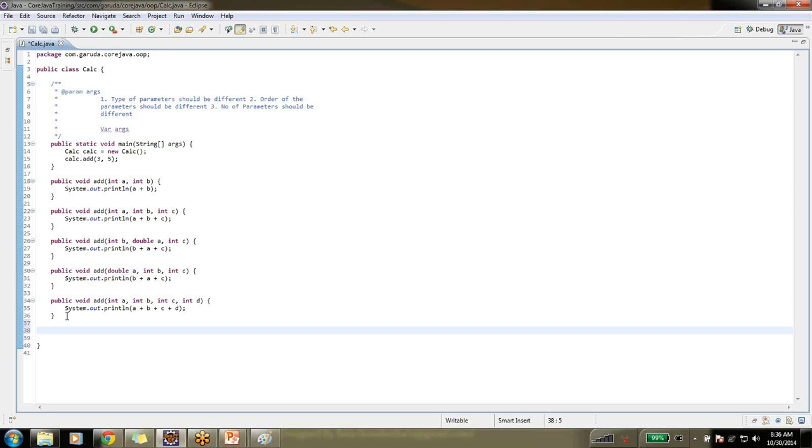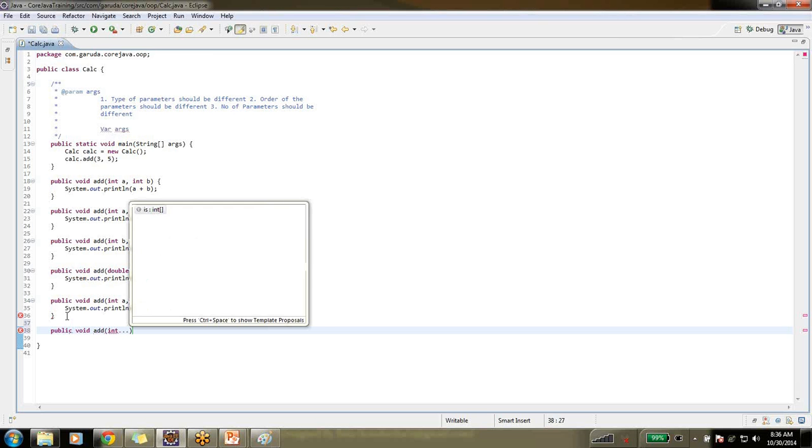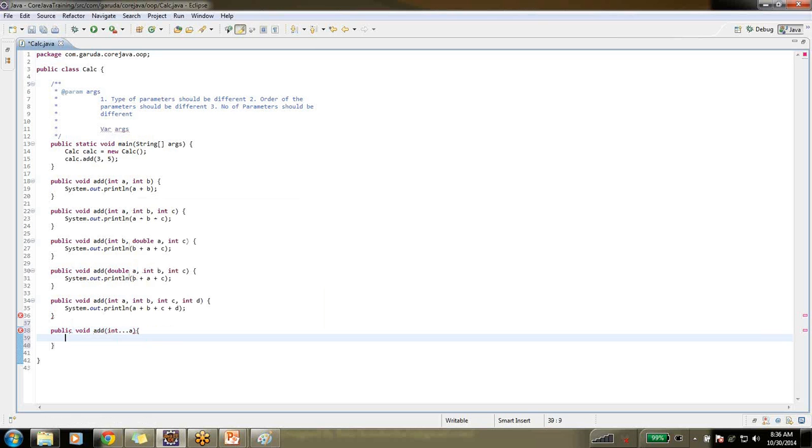So I'll come with the same code. If you see double A, int B and int B, double A, these two look same, but the order of the parameters is not same. Correct? Then also it will allow. The next point is